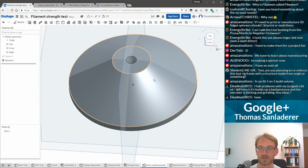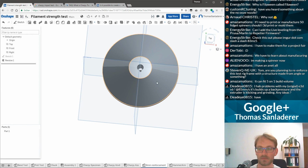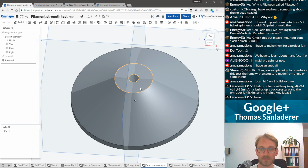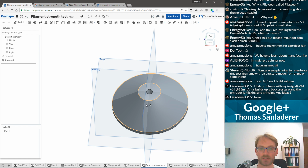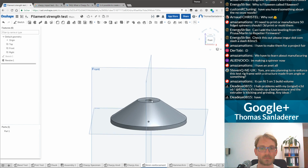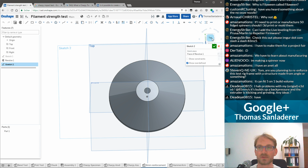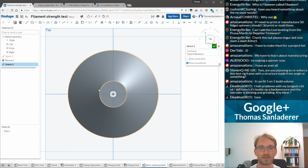You have problems with the original E3D V6 at 85mm a second. It's built up a back pressure and the extruder is clicking and grinding. Check your extruder, maybe, but it depends on which settings you're printing with. So if you're printing,